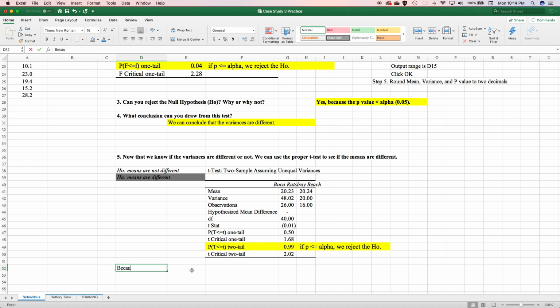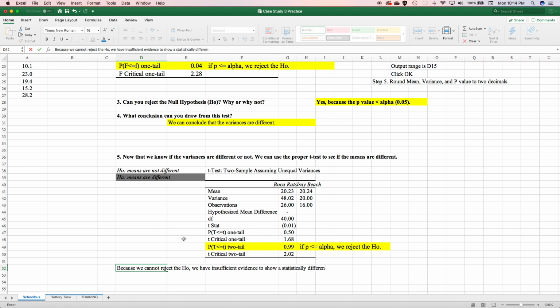So because we cannot reject the null hypothesis, we have insufficient evidence to show a statistically significant difference between